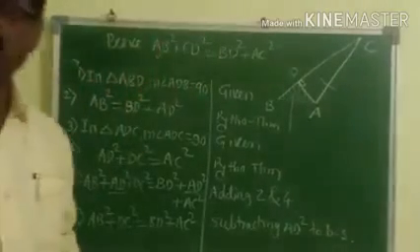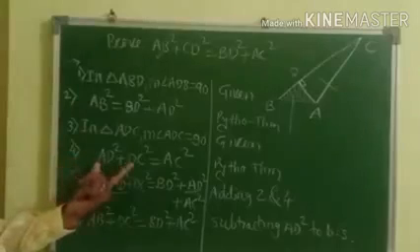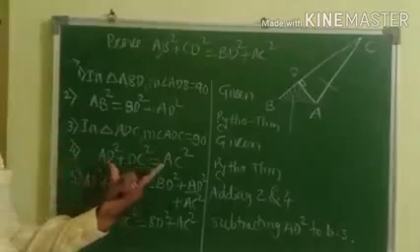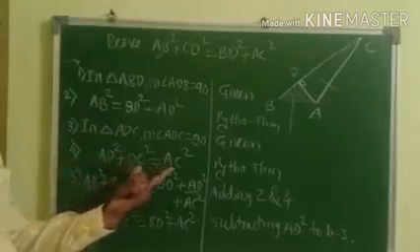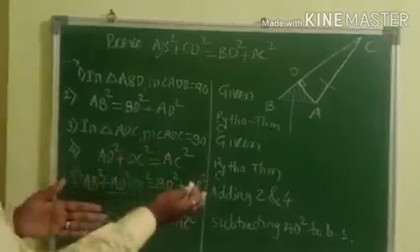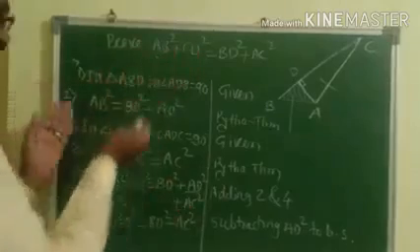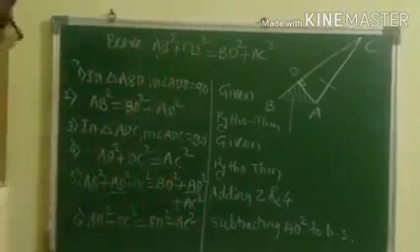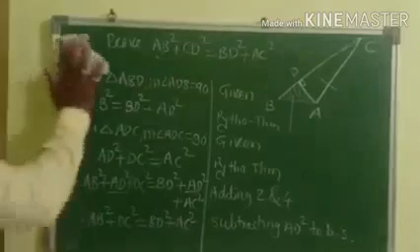We are just applying the Pythagoras theorem. While applying the Pythagoras theorem in this second triangle, see how we have written it. AC square we took to the other side and this one here, as we needed. So in this manner we can solve that problem. Now see the next problem.